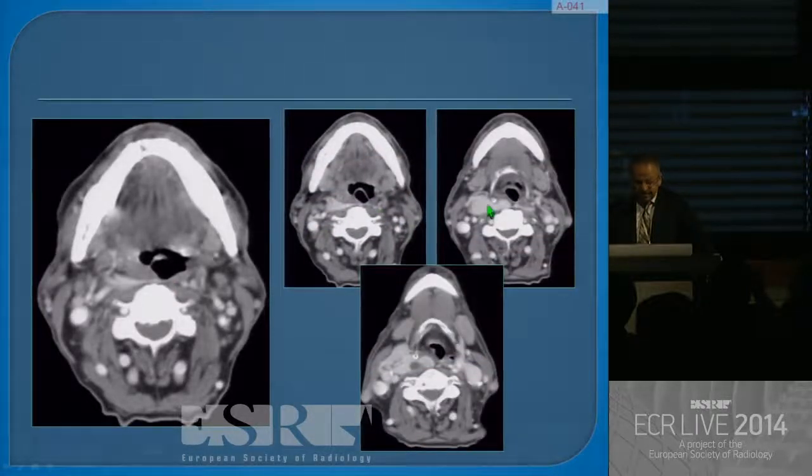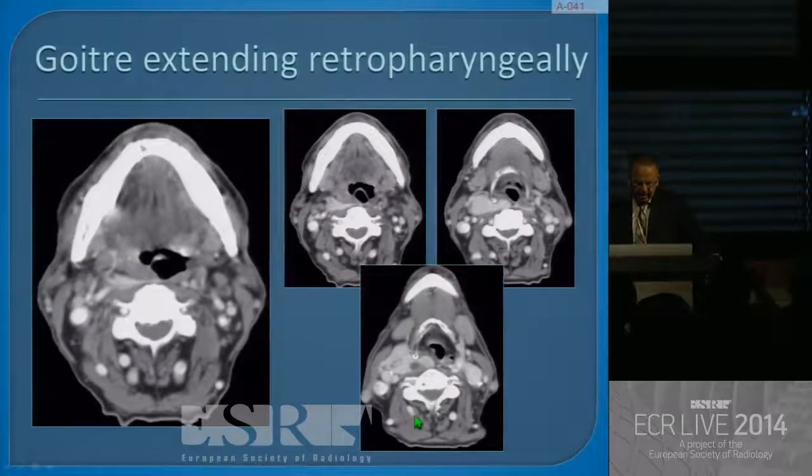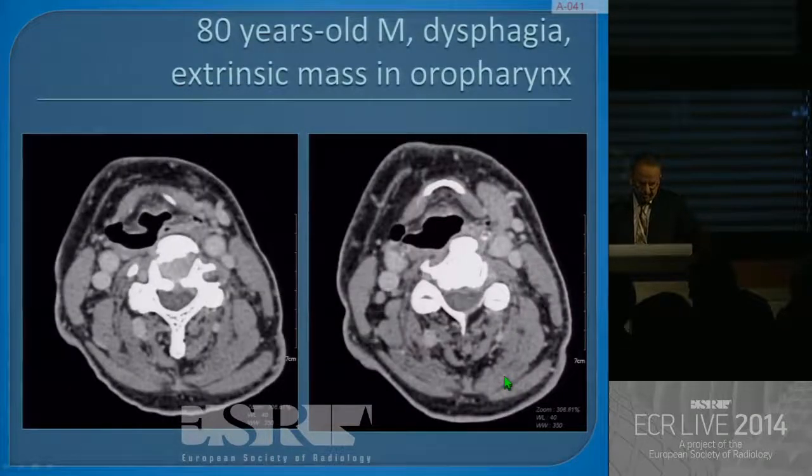In fact, there is another mass. This is the goitre extending retropharyngeally. So a normal tissue may enlarge to a different place that may mimic some other pathology. Here's another case of an 80-year-old male complaining of dysphagia, and he was found to have an extrinsic mass